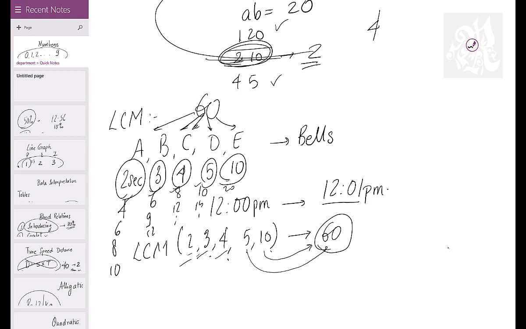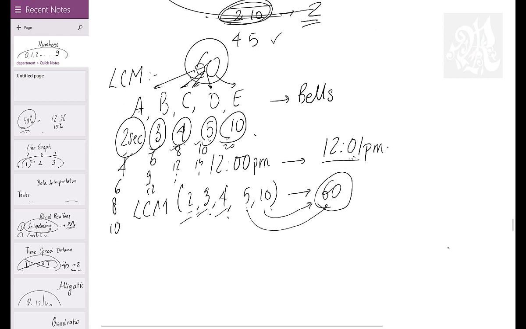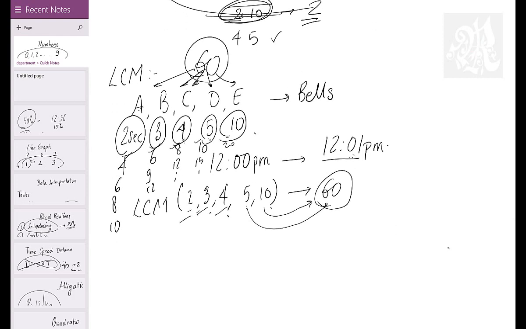The question was, how many times might each have tolled until the 60 seconds got over? This one would have tolled 30 times. This will be its 30th toll. This one 20, this one 15, this one 10 and this one 6. These are the respective tolls when they come together. So you can find that too if you want to. It's so easy. Just divide by 60 and you go ahead. Precisely, that's it. This can be the only thing that can be asked to you in the exam.